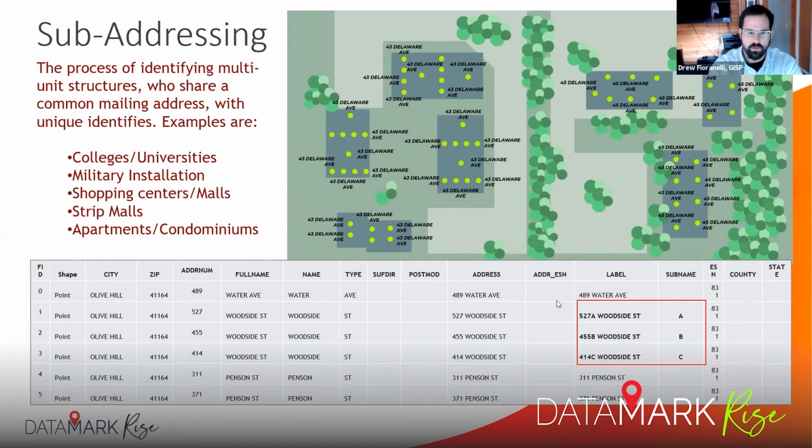And if we don't do that, if we want to continue to use whatever that mailing address is, we get the example that we see here on the screen in these apartment complexes where you have, gosh, 30, 40, 50 address points that are all the same, right? 43 Delaware Avenue. That creates a problem for geospatial call routing because one, it may not know where to dispatch the call or where to send it to, or it puts you in the center of that campus. Well, what building did it come from? Right? Really big issue on colleges and universities, especially if you're not familiar with where you're at on campus,